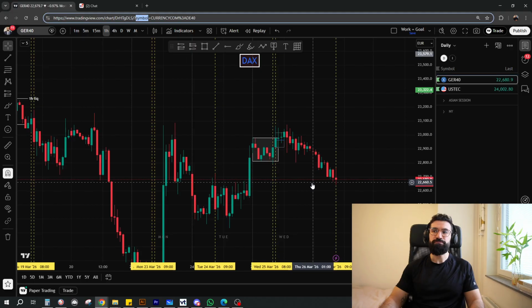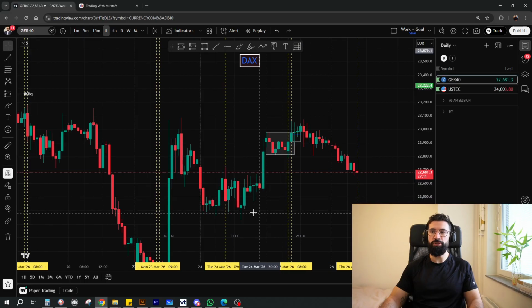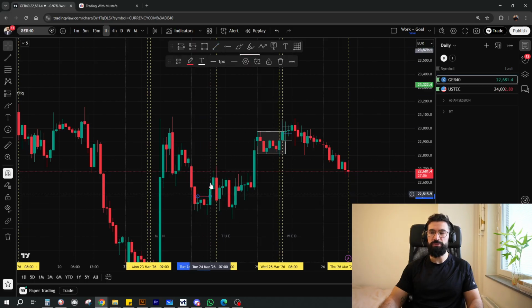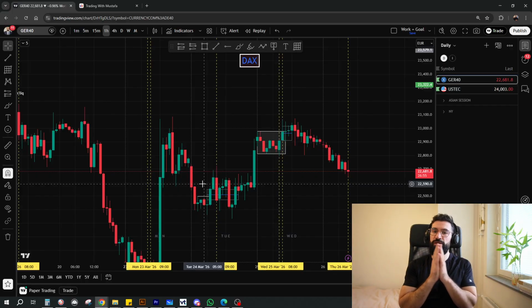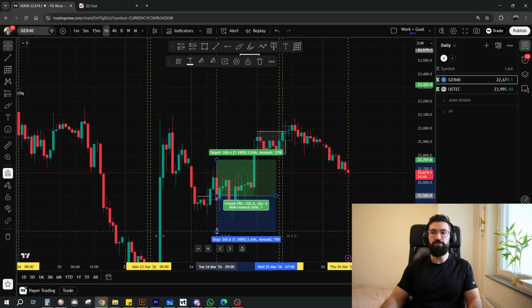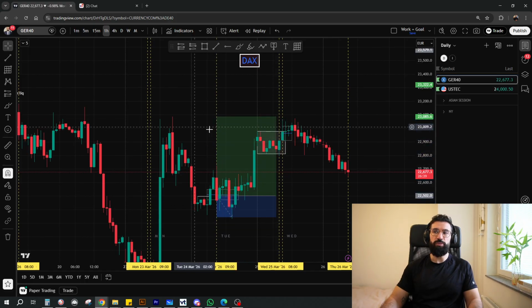Let's start with the bigger picture. Swing trading is: the market opens, right? You see a break of structure maybe to the upside, and you take a position. Maybe you wait for it to sweep into the fair value gap. The strategy I'm explaining to you can be used on day trading, swing trading, and scalping. Market opens, sweeps liquidity, retests the fair value gap, and then you basically enter right here. Now you get stopped out, but you get the point, and you put your take profit on these highs.